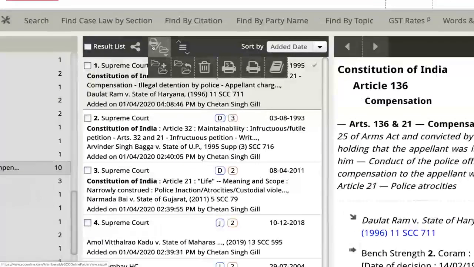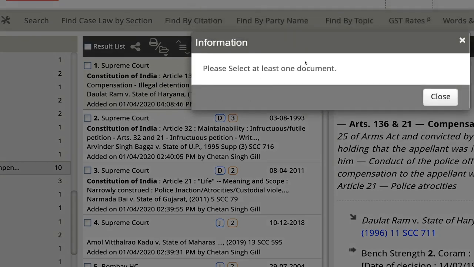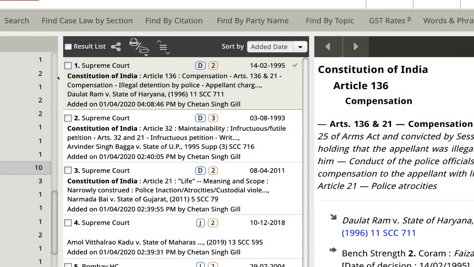Now coming to the second option, action. In this, I can copy a note from this folder and move it to a different folder. So I can put the same judgment, the same document, into two folders by using the copy option. I have to select at least one document. So I say copy,